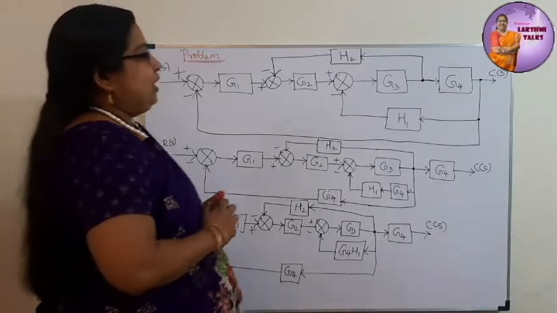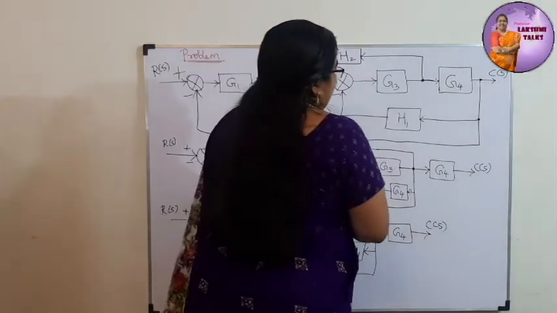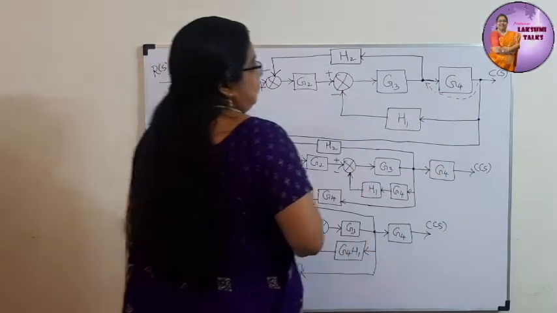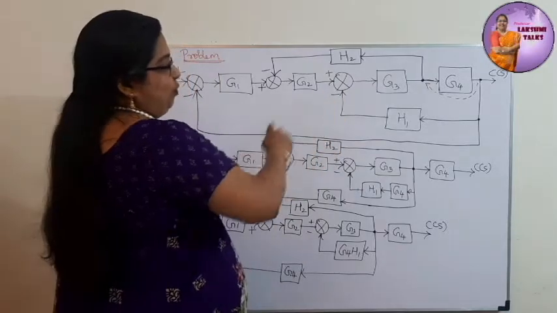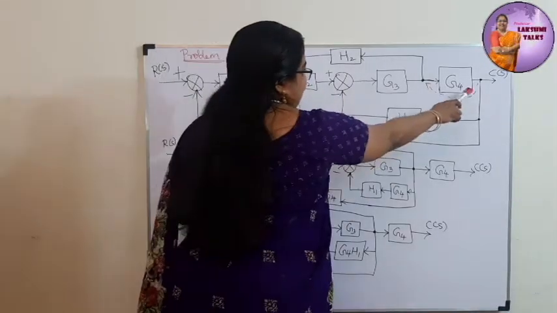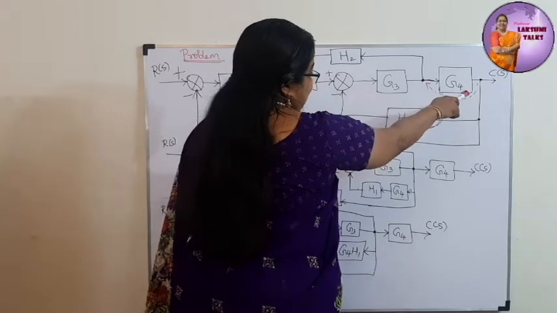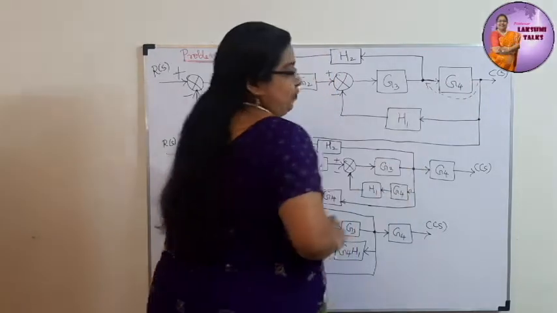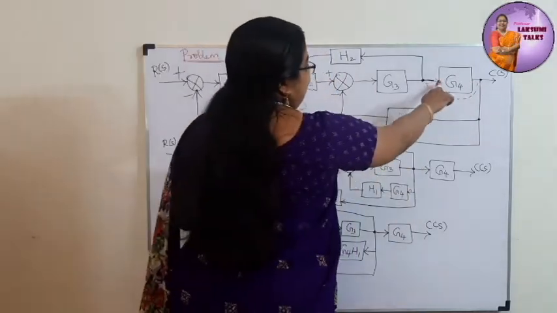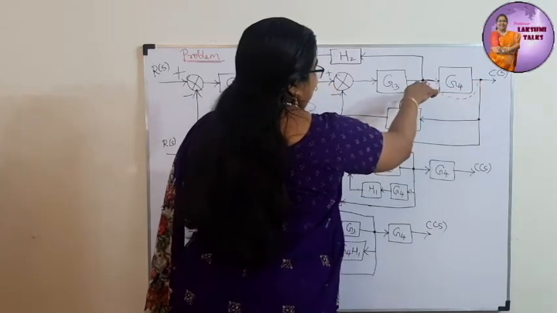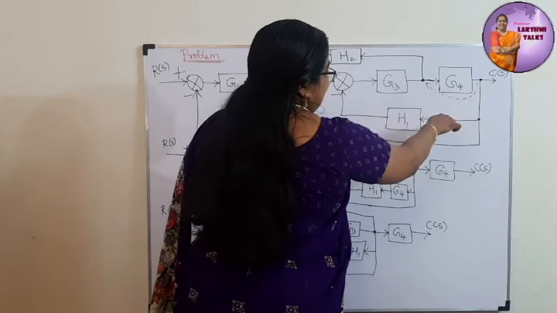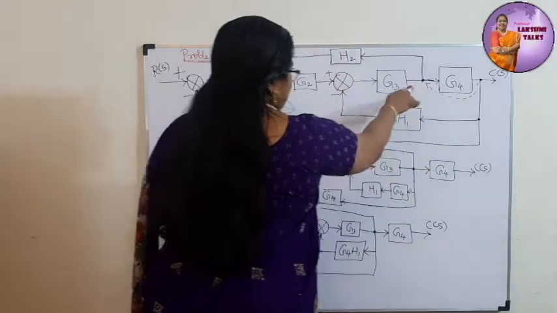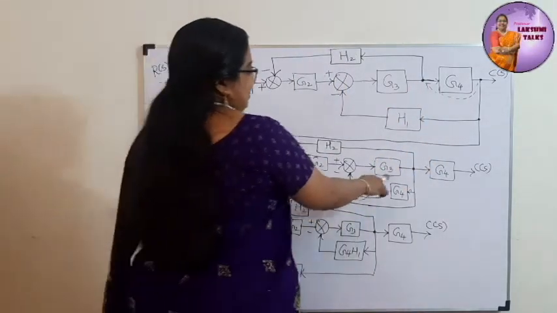Now, we have to apply some rule to simplify it. What can be done? You move this takeoff point this way. When you move that takeoff point, we shift it over here, and then this G4 goes out, right? This takeoff includes the G4 also. But if you are moving the G4 outside and bringing this takeoff point here, then we need to include G4 in these two paths, right? So, this happens after shifting.